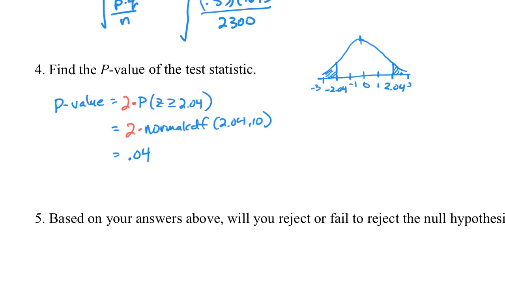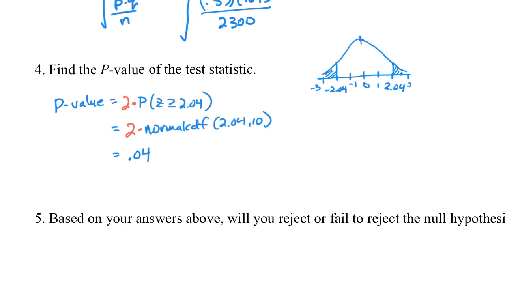So you've got about 0.04. In other words, this over here is 0.02. This is also 0.02. You can see my picture's not really the greatest because mine has too much shaded area. In reality, it is a lot less area than what it shows in my picture. But I want to make sure everybody understands the 2 here is because this is a two-tailed test and it